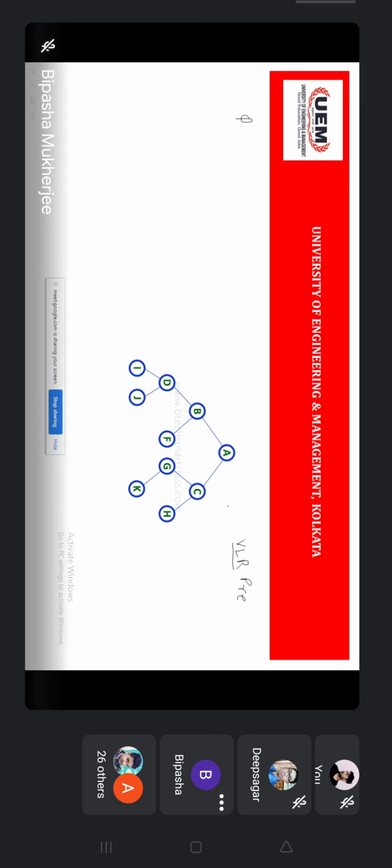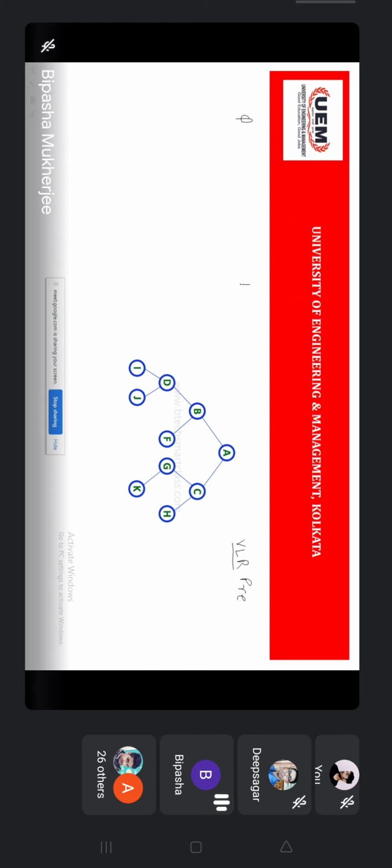Now, suppose you are doing the pre-order, then how should you go? You should start from root A, means you need to assign the pointer to A, and you need to visit the leftmost path by processing all the nodes on the path. You are following the leftmost path and you are processing all the nodes.